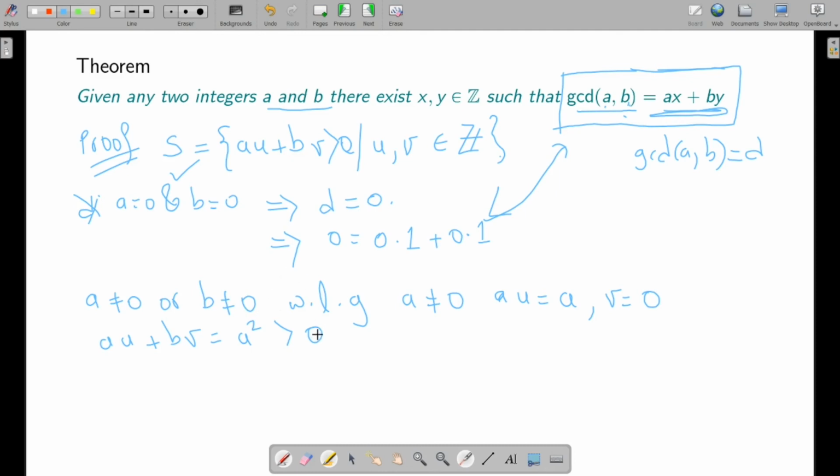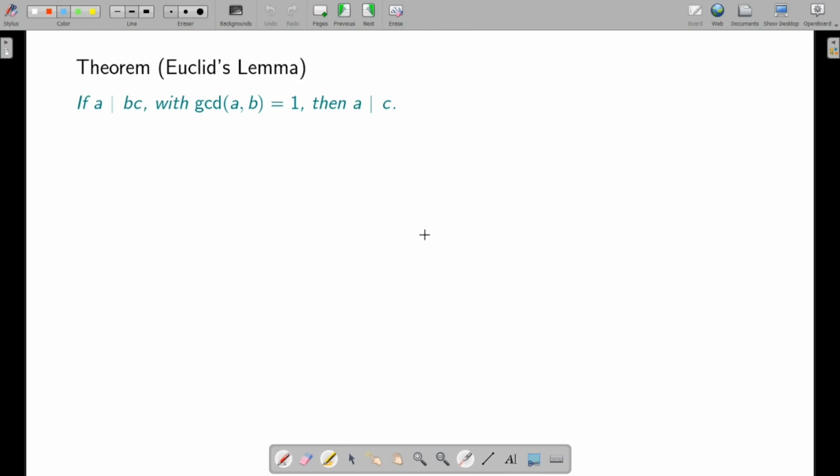Another option which you also have is, in fact, mod of A is going to lie inside S. You can see it in two different cases. If A is positive, then A is going to be in S, and if A is negative, then A times minus 1 plus B times 0, which is mod of A itself, is going to be in S. So in any case, we know that S is non-empty. The moment S is non-empty, we know that it has a least element. Let's say the least element in S is AX plus BY.